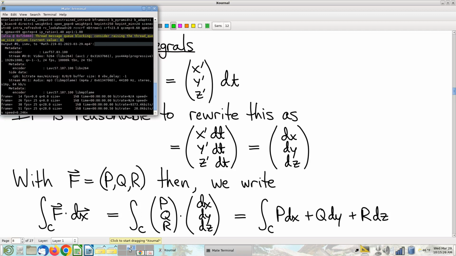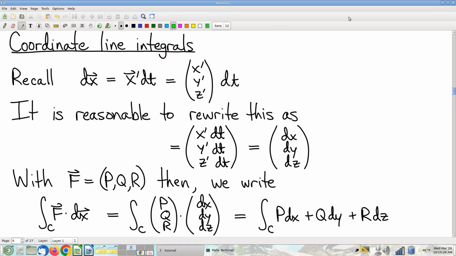Okay, here we go. So, a little bit more about line integrals. A couple of last things I want to say that I think are useful points. First, I want to introduce the idea of something called a coordinate line integral. It's really not that sophisticated of an idea, the way we're going to see them here anyway, and that is